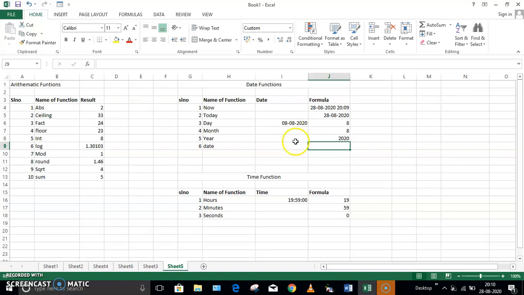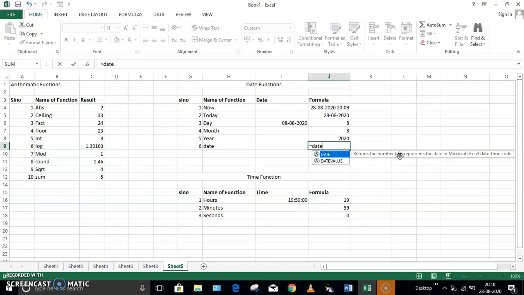Okay, now imagine if I wanted to combine the different date, month and year together. It can be done by using the DATE function. So here I'll write equal to DATE. Now see here, it is asking for 3 parameters: year, month, and day.